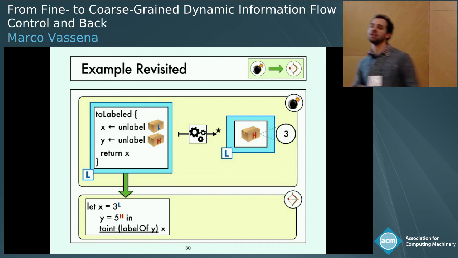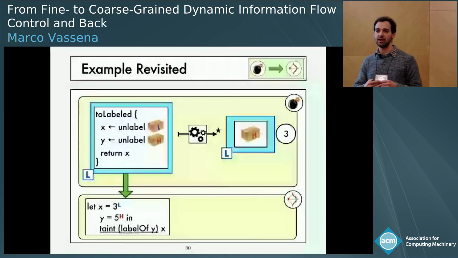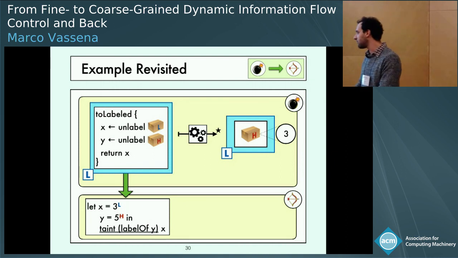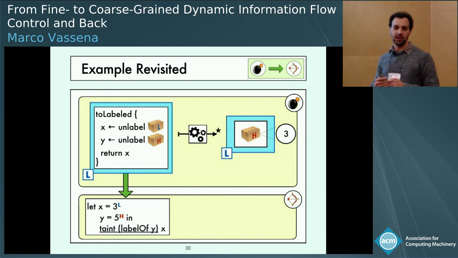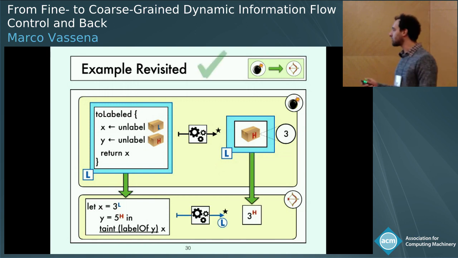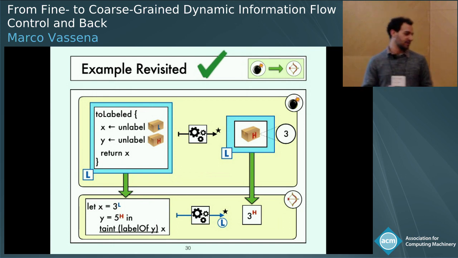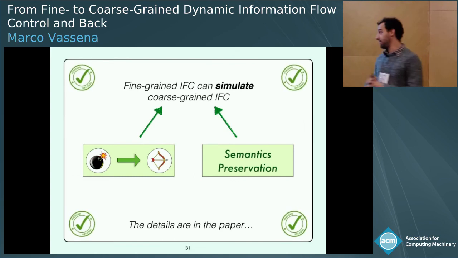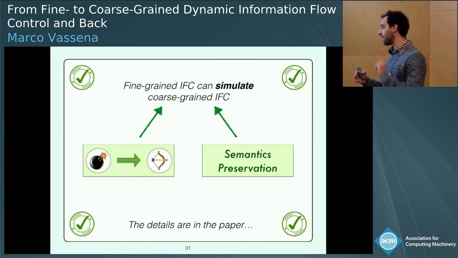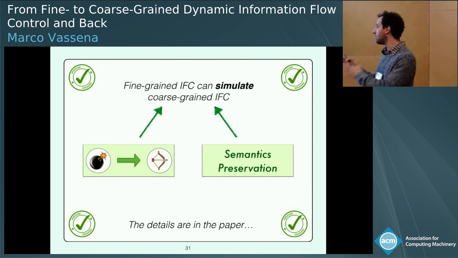So label of is a primitive that I haven't presented yet, but it's a simple primitive that is useful in dynamic information flow control languages to project the security annotation on values, and it's useful in practice to write actual programs. So by tainting X with the label of Y, we can actually upgrade 3 from public to secret and recover semantic preservation. So combining the coarse to fine-grained transformation with the semantic preservation theorem, we can show that the